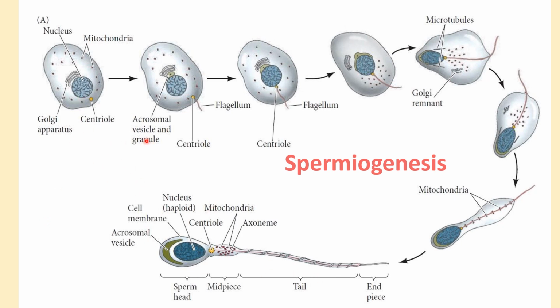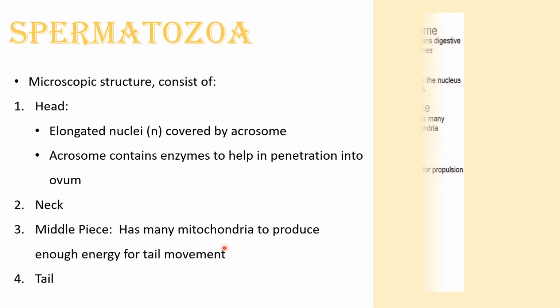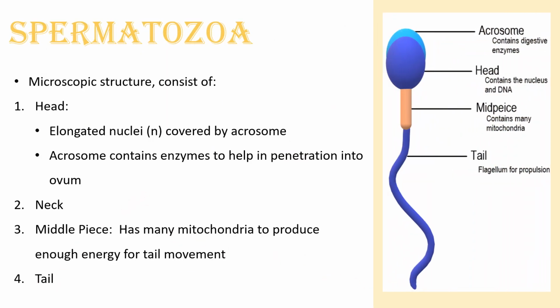As the process of spermiogenesis begins, there is formation of a flagellum and acrosomal vesicle which slowly through a series of events gets transformed into a characteristic structure of spermatozoa. Spermatozoa is a microscopic structure and it consists of a head region that contains elongated nuclei, which is of course haploid, and it is covered by acrosome, which contains digestive enzyme required to digest and penetrate through the surface of